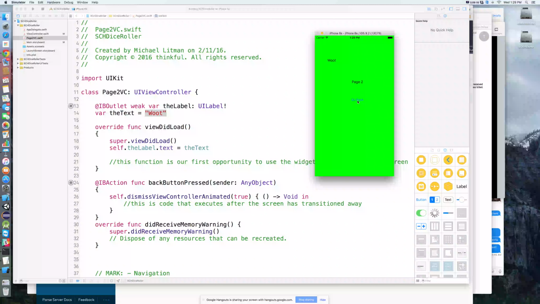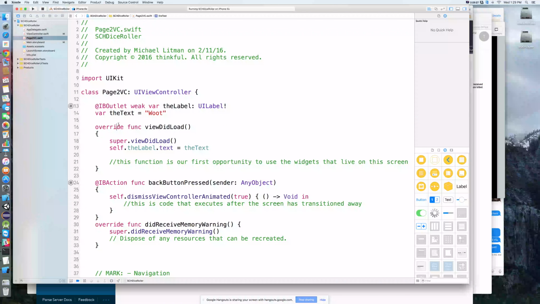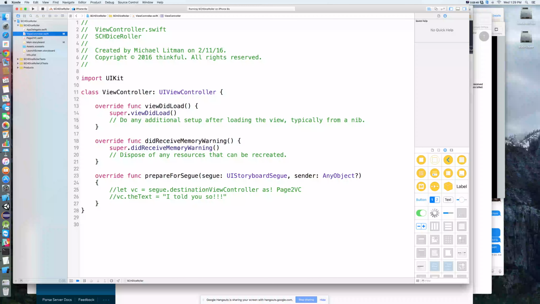All right, so we wanted to prove that we can send information from screen number 1 to screen number 2. And the way we do that is by using this variable called the text. All right, so screen number 2 has a piece of information that he's remembering. And he's called that variable the text. We hard-coded it to a value, but we're going to change that value right before we actually transition to that screen. So back here in View Controller, which is our code behind for our first screen,